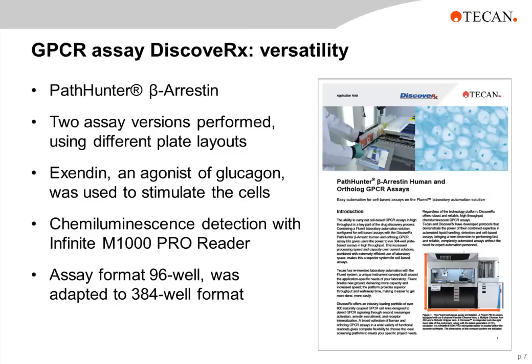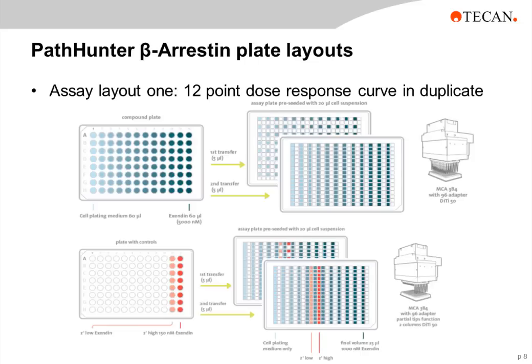In this slide, I want to show you the plate layout that we've used for the GPCR assay. You can again see on the upper left-hand side the compound plate. It's a 96 well plate with a serial diluted compound. You see that indicated by the shading in the color. On the right-hand side, you see a 384 well plate and the multiple channel arm that we've used to transfer the compound to the cell plate. Here we use the 96 channel adapter. In the lower part, you see the control plate that we then transferred into the cell plate with a specific